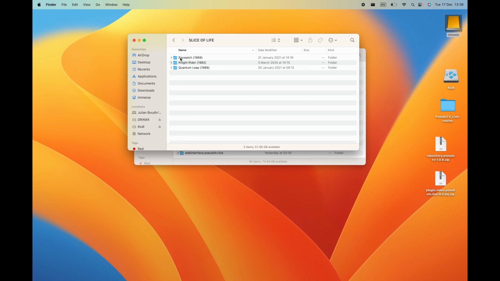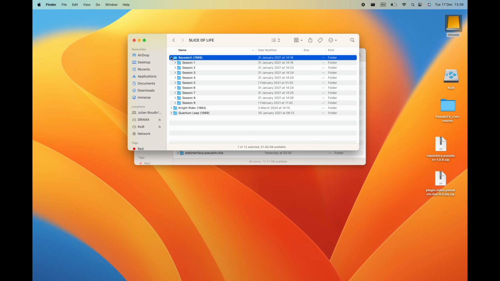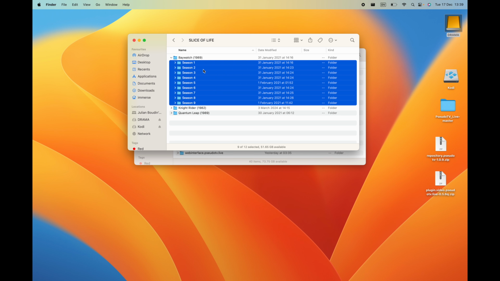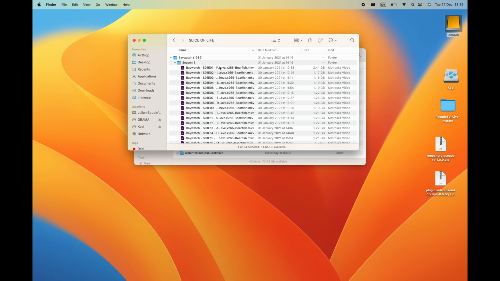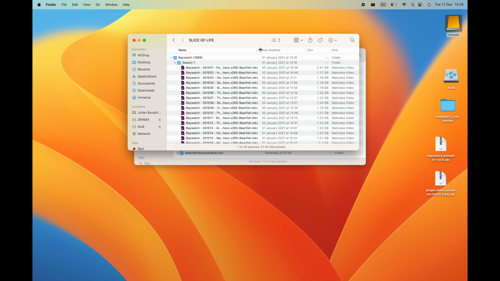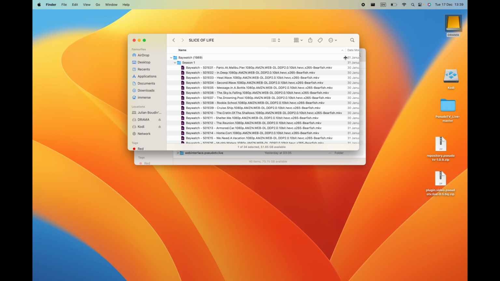So you should at least have the title of the program, followed by the start year of the program in brackets, like that. You can have folders that divide all the seasons up if you want, but that's not important. What else is important is that each file itself has this system of naming each